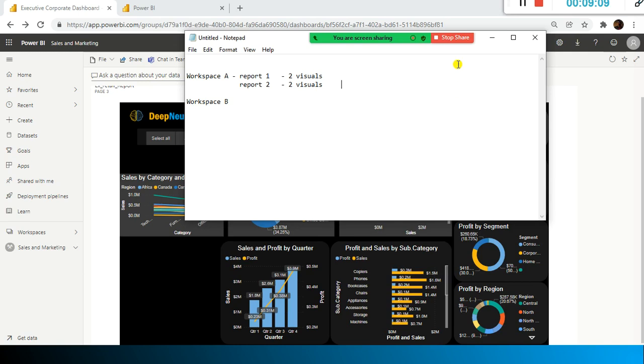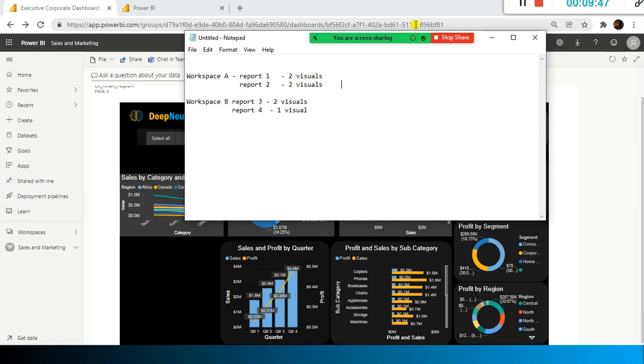And supposing here I have report 3 and report 4. Here I have 2 visuals, and here I have 1 visual. Now the question is, currently I am in workspace A. What I can do is pin these visuals from the 2 reports, 4 visuals, to my new dashboard or existing dashboard.